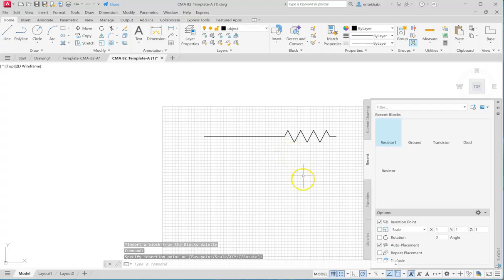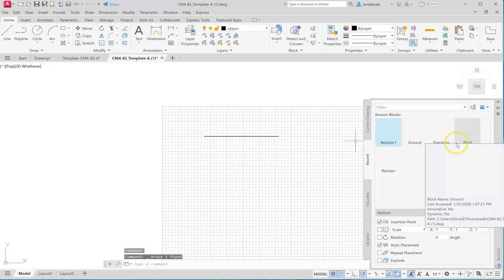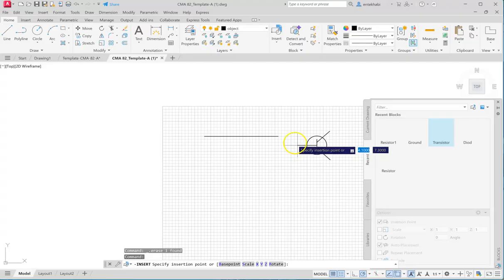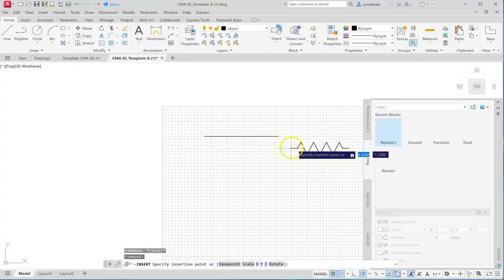So now, of course, I didn't change everything. This should have been rotated, correct? Because the point is down, right? Before I placed it here horizontally, I could have rotated it, so I don't have to do extra work. So bring it in one more time, resistor, and then rotate.